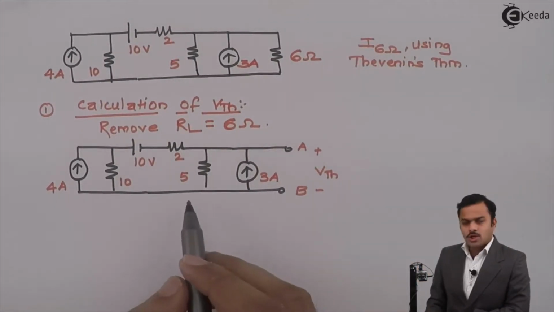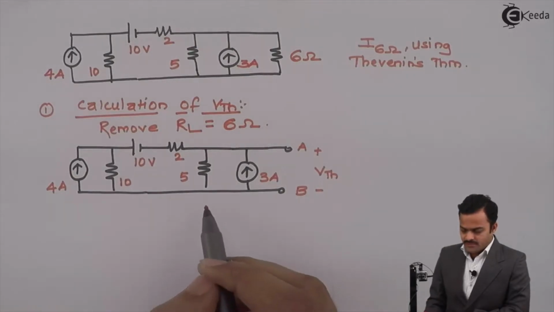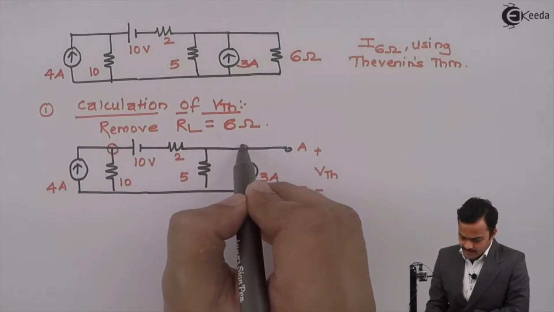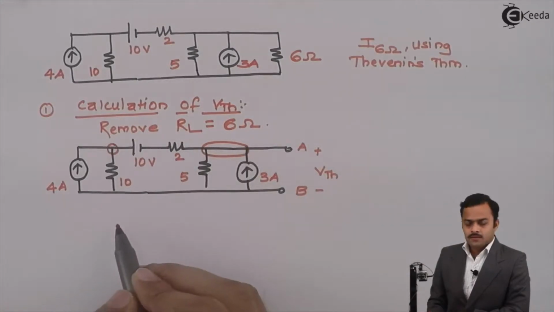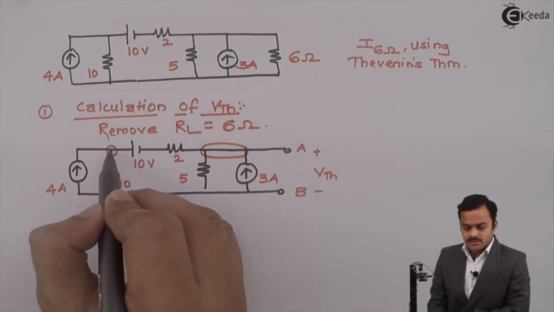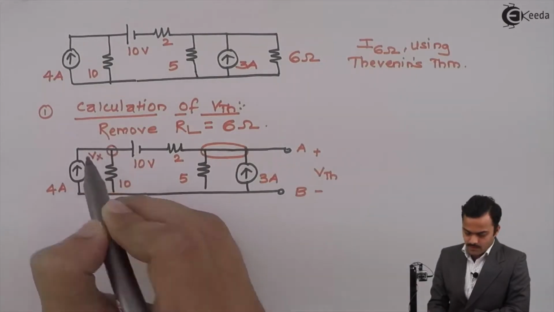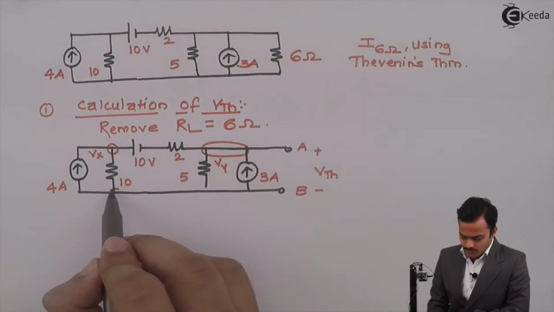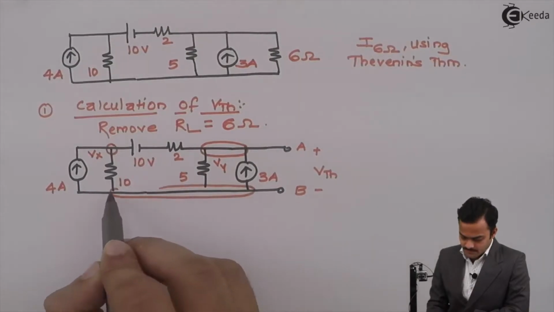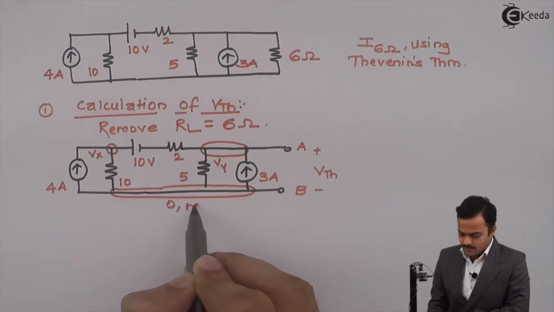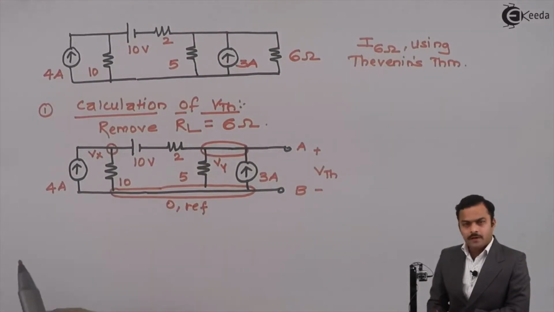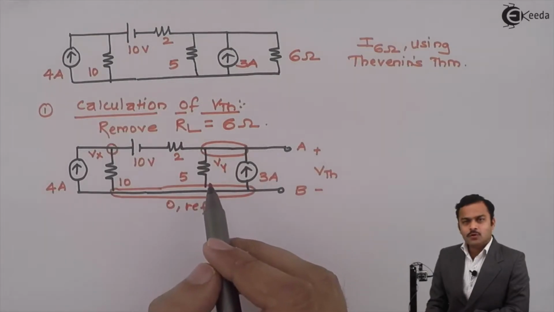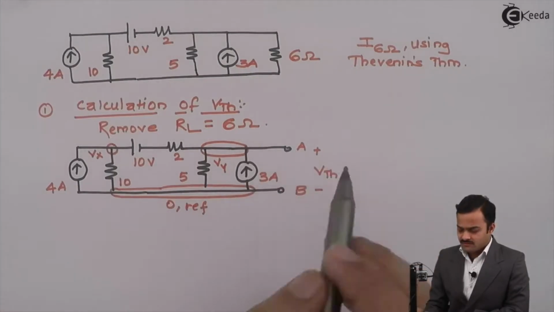Now let's solve this by nodal analysis. If you see carefully, I am having two nodes. This is node number 1 and this entire thing is node number 2. I will consider the voltage of this node as Vx and the voltage of this node as Vy, leaving behind one more node which I will consider as a reference, whose potential we assume 0. If you see properly, VTH is nothing but Vy. So by using nodal analysis, we will get Vy, which is nothing but VTH.